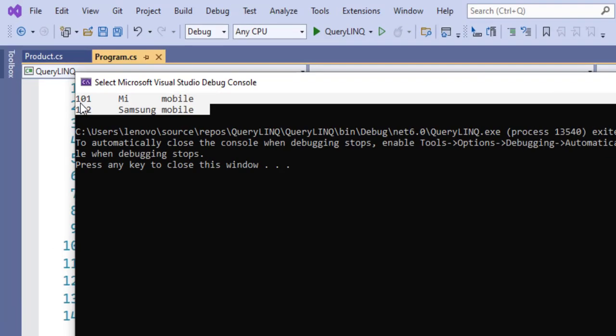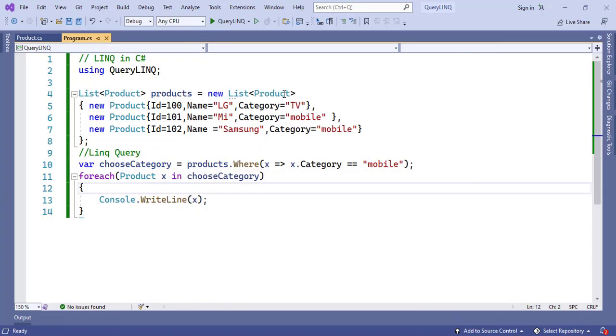Here you can see we have got the products which belong to only the category mobile. In our list, if you observe, we also had a category TV which is not getting printed on the console because here we are checking the category for mobile. This is just a simple query for retrieving data from a collection. In a similar fashion, you can retrieve data from databases, XML documents, etc.